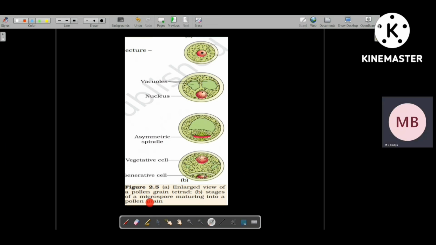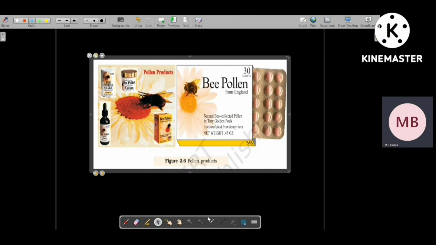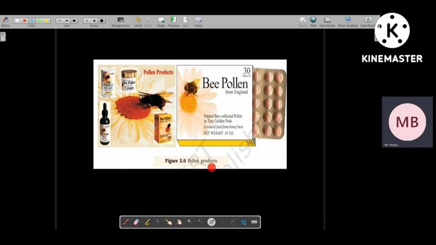The stages of a microspore maturing into a pollen grain. Here we can see microspore tetrad, where there are 4 microspores. Then figure B shows the stages for microspore maturing into a pollen grain. So one microspore is maturing into a pollen grain with a vegetative cell and a small generative cell. Figure 2.6 shows the different pollen products like pollen tablets,